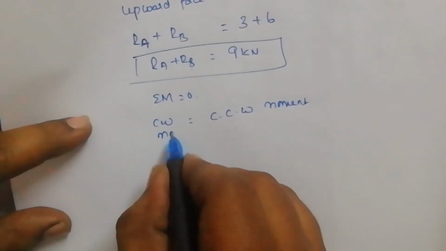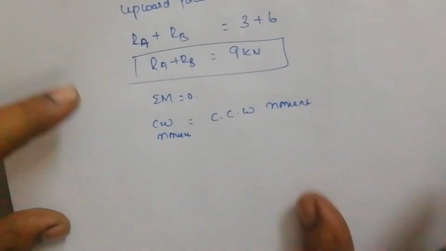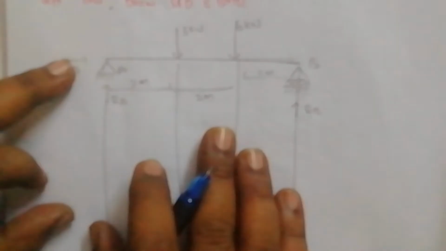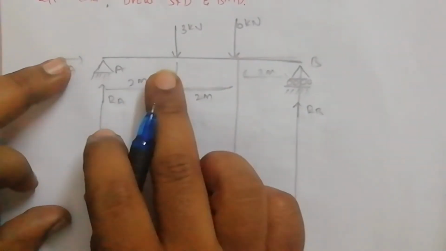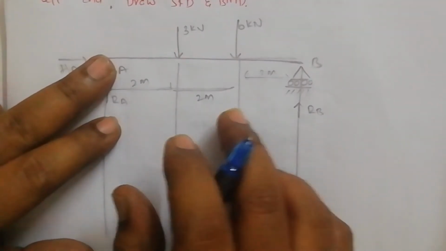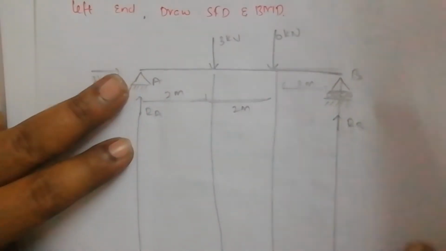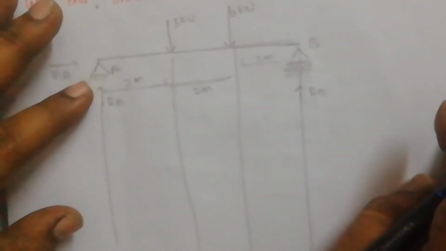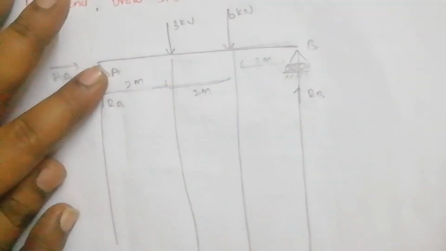This is a clockwise moment. Okay, let us take this. Either I can take the moment about this point or this point or this point, any point. Since here we are having two forces, I generally prefer to take the moment about the left extreme point, since we are traveling from the right side. So about this point A, which are in clockwise direction, let us see. This is in clockwise direction, this is also in clockwise direction.